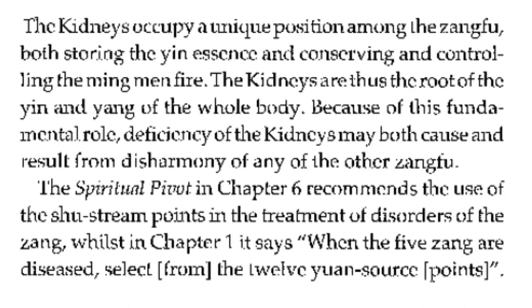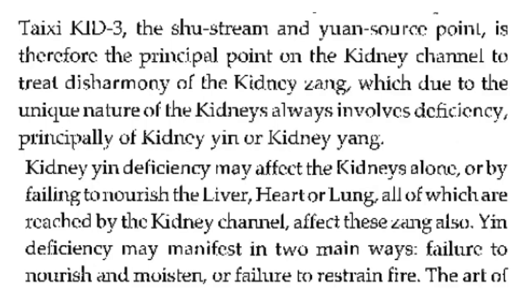The Spiritual Pivot in Chapter 6 recommends the use of the Shu-Stream points in the treatment of disorders of the Zang, while in Chapter 1, it says when the 5 Zang are diseased, select from the 12 Yuan-Source points. Kidney 3, the Shu-Stream and Yuan-Source point, is therefore the principal point in the kidney channel to treat disharmony of the kidney Zang, which, due to the unique nature of the kidneys, always involves deficiency, principally of kidney yin